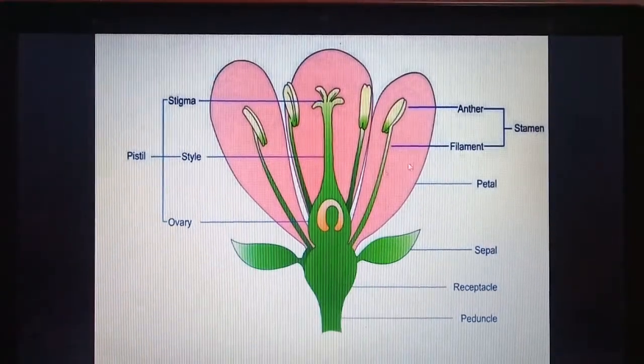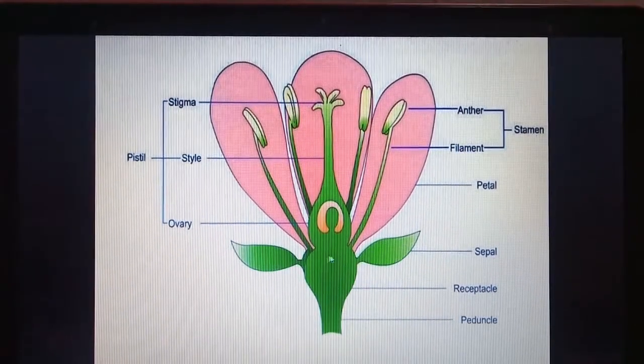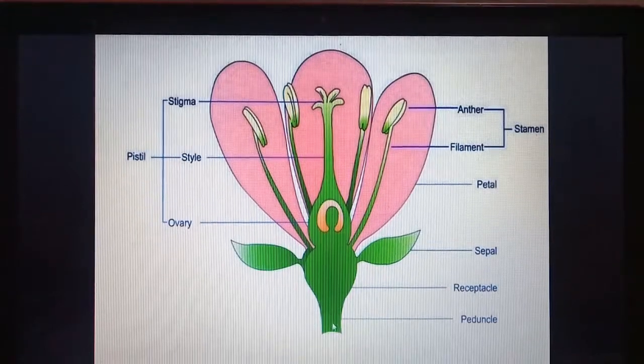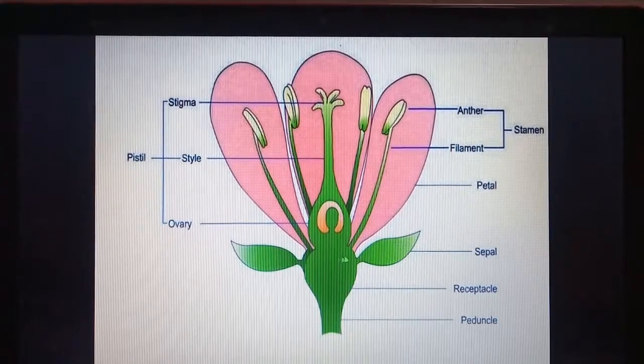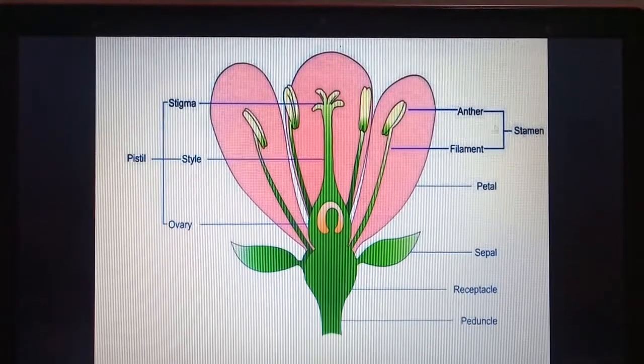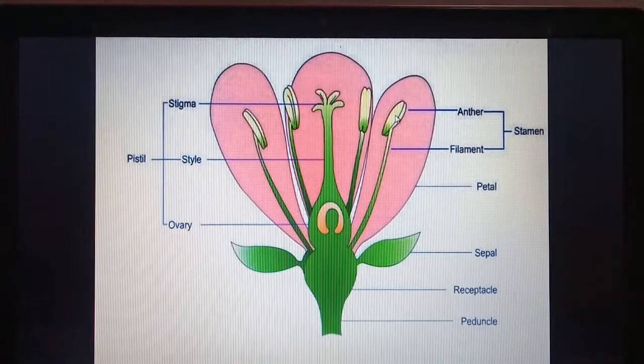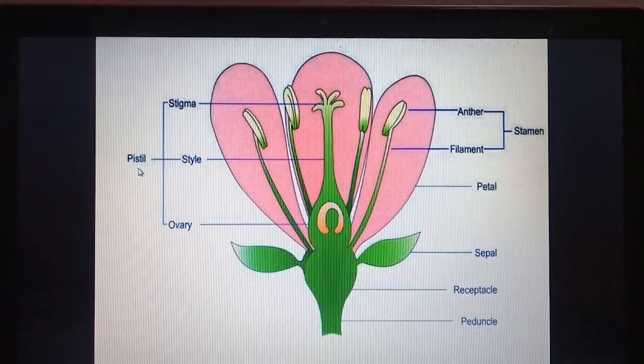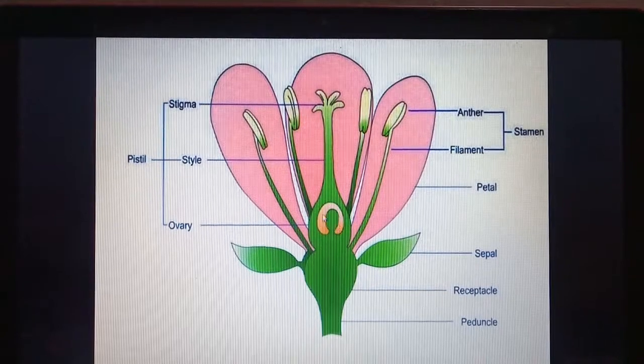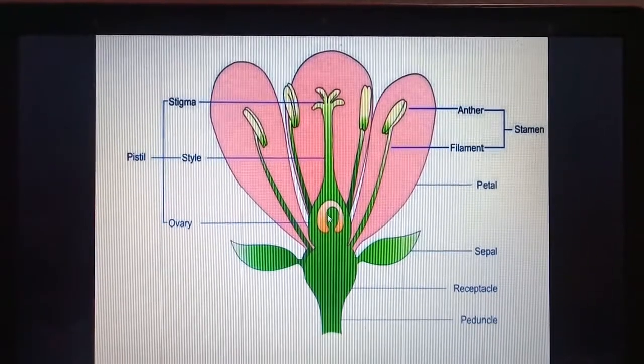Here we can see a flower in this receptacle or the cup shaped thalamus. Then this is the stalk. Then sepals, which will form the calyx. Then petals, which form the corolla. Then androecium, which has stamens. Stamen has anther or a lobed structure and filament or a stalk. Then pistil, which forms gynoecium. It has three parts: stigma, style and ovary. Ovary has the ovule, which contains the female gamete.